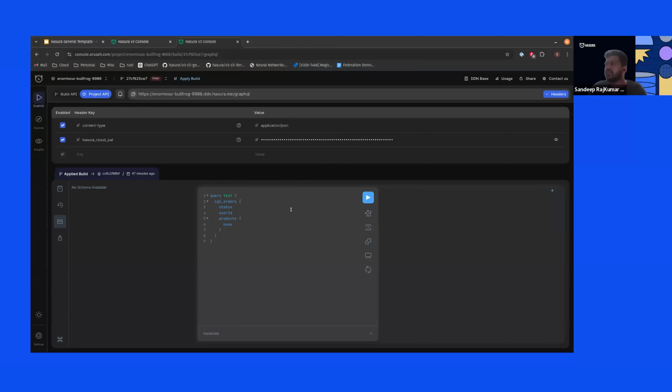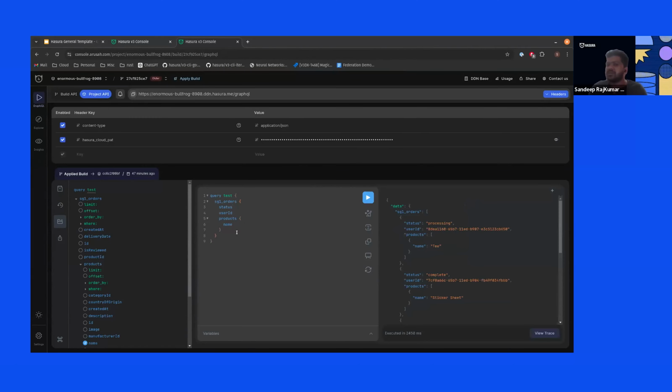And I already have an API for this with this one single subgraph. It is up, and I already have the API for this. So this is a pre-existing API. Now, as a supergraph admin, as a multi-team manager, I want to onboard one more team called team 2, which